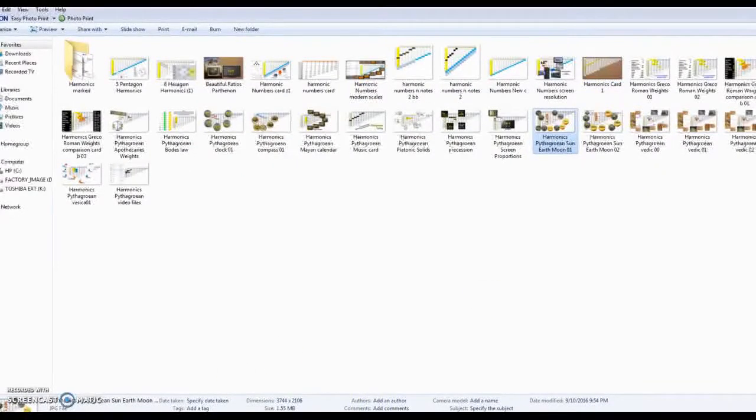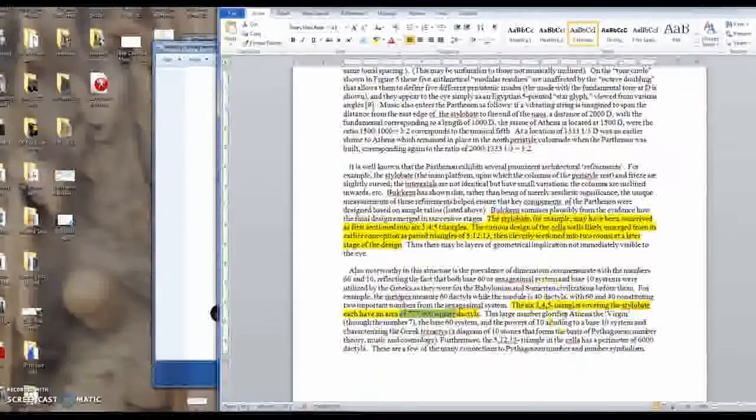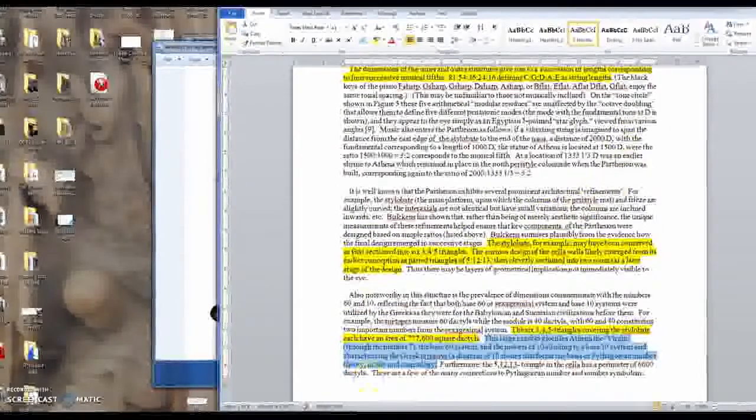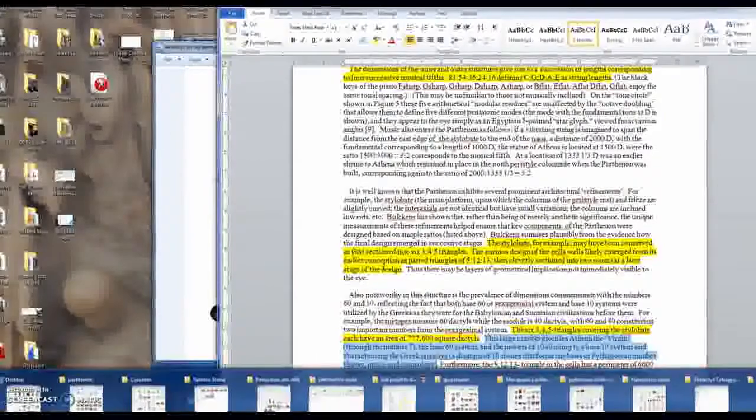Okay, I just have to pause a moment. Also worth noting is that they mention the Tetractys based on powers of 10, and Pythagorean number theory, music, cosmology, and arithmetic, geometry, astronomy, and music. Again, these all come back to one another. And 3-4-5 triangles, the 5-12-13 triangle, and this 2/3 ratio, which is the perfect fifth.